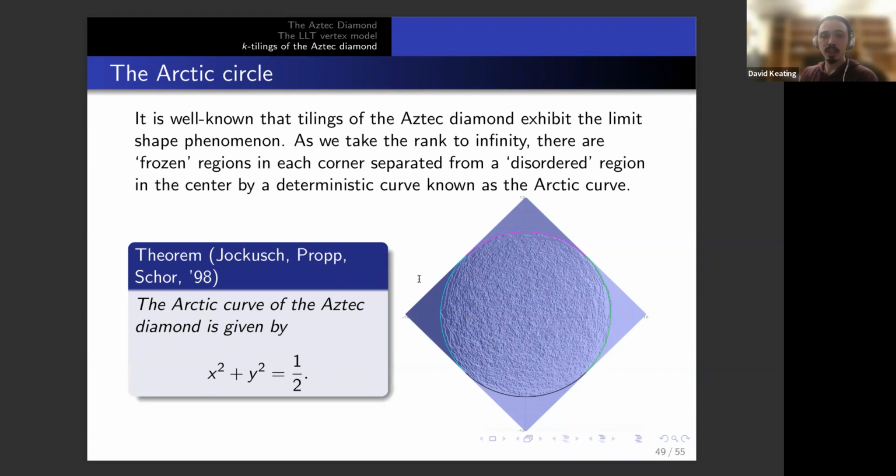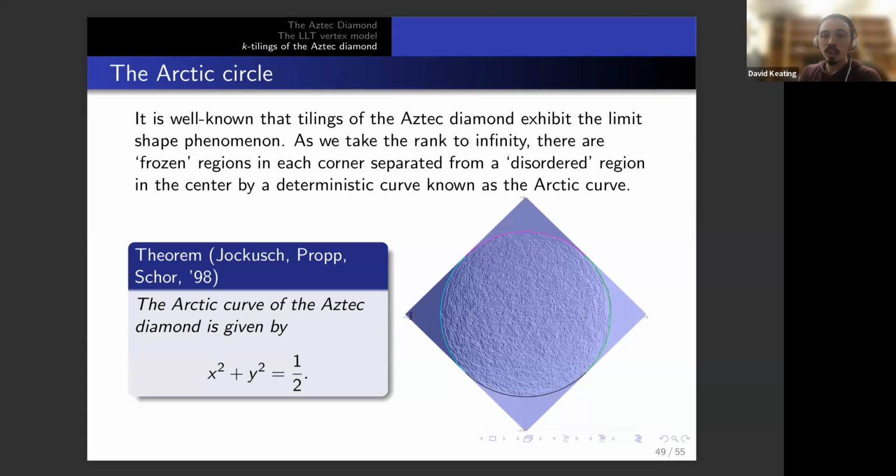And it's a theorem by Jockusch, Propp, and Shor that, I'm paraphrasing, modulo the right rescalings and shifting, so we're in the right diamond, the Arctic curve is given by x squared plus y squared is equal to